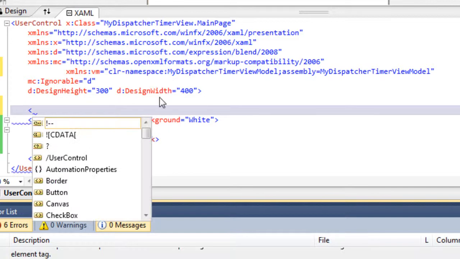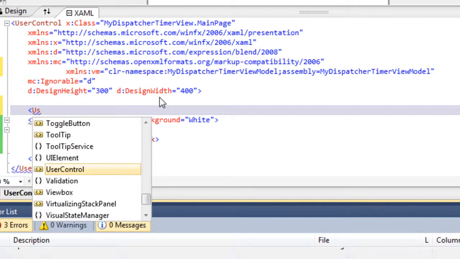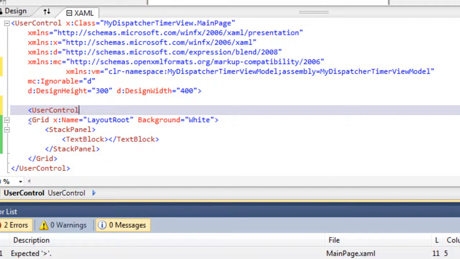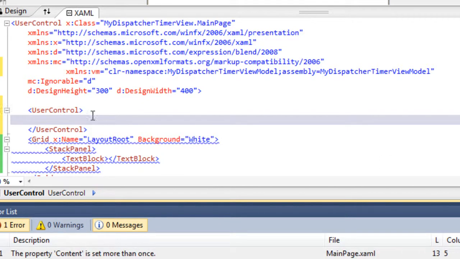Now I want to create a resource. It would be better to do it in App.xaml, because I want the instance of this view model to be created only once. But right now, because it's a very small example, I can do it here also.